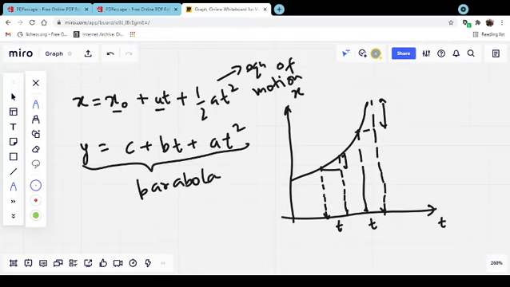So when we are taking the case of the equation of motion, the power of the variable is t to the power 1, and the same is the case of the parabola: the term beside the coefficient has t to the power 1. Here the variable has the power 2, and the same here, t to the power 2. So when the variables have the same kind of power in two equations, then we can match those equations, and we can say that whenever there is an equation like this, which is the equation of motion when a particle is uniformly accelerated, then if we graph that equation, it becomes a parabola.